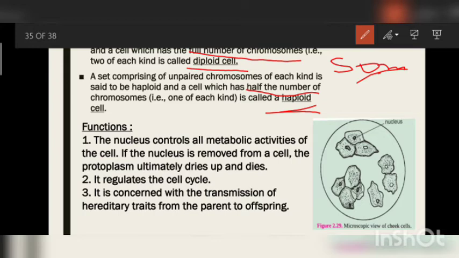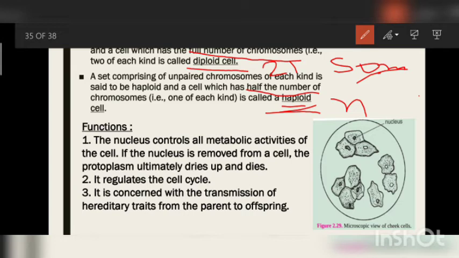If you know how many chromosomes are present in humans, the total is 46. But if anyone asks you how many chromosomes are present in a sperm, that is 23 chromosomes. So 46 by 2 means half, make it half with 23 chromosomes. So these are called haploid cells. To denote a diploid cell, we write 2n. And to denote a haploid cell, just write n. So 2n means full number of chromosomes, and n means half number of chromosomes. In plants we also get examples like the triploid cell. So if you want to write, then write endosperm is a triploid cell.